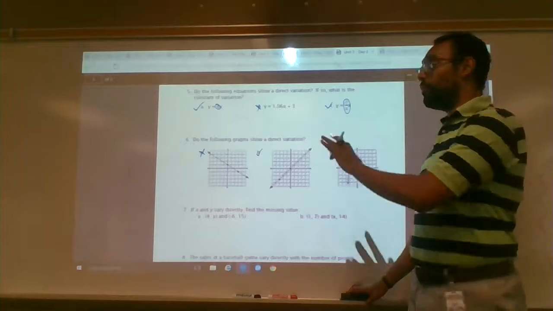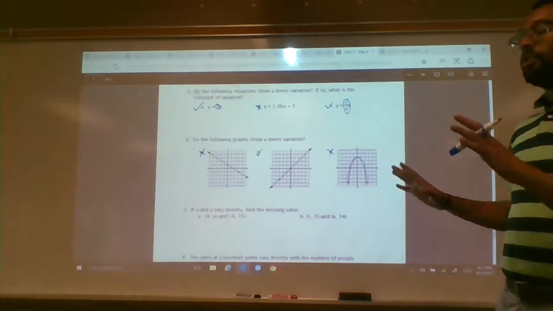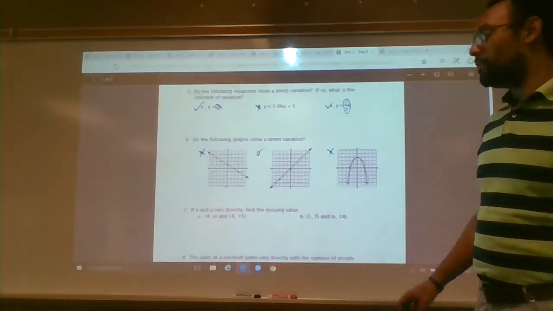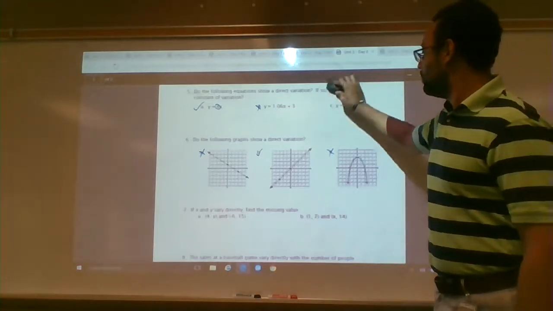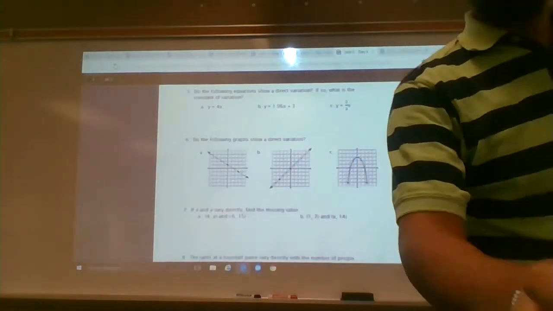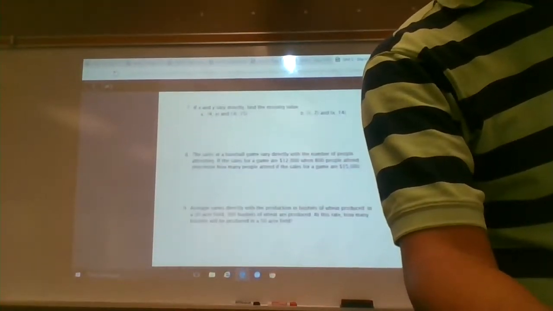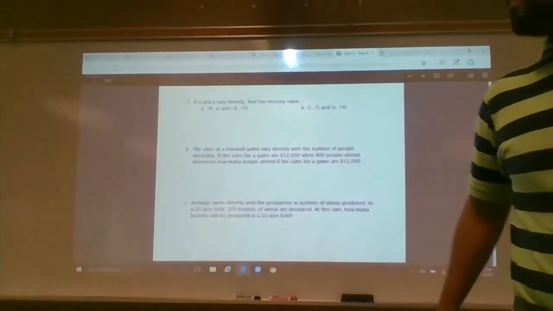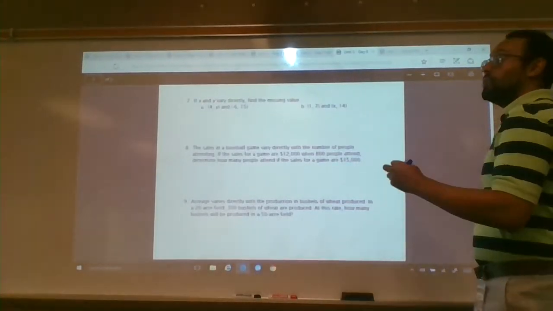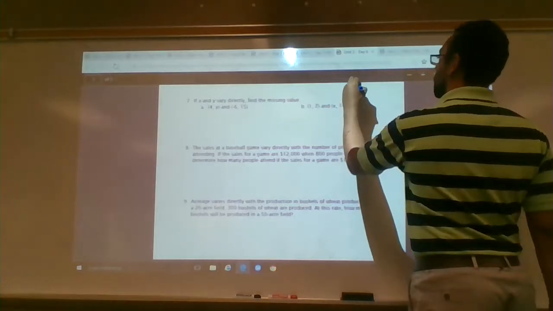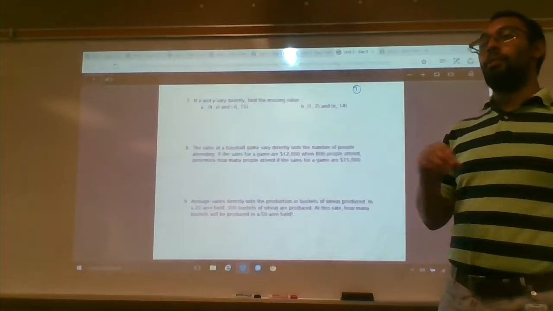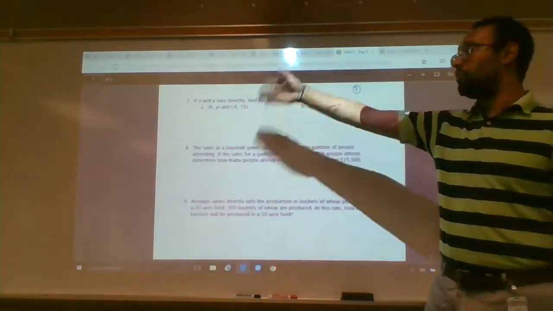Okay, so you can pause here and you can write down your thoughts, but I'm going to go ahead and move the screen up so I can do number 7. Okay, number 7, if x and y vary directly, find the missing value. Okay, so some steps to consider. If you're ever asked to find a missing value, whether it be x or y, and they give you 2